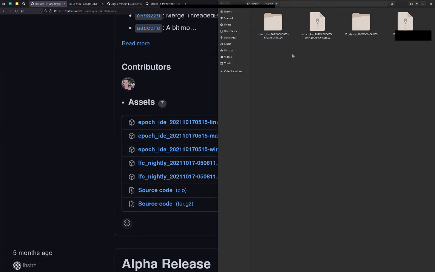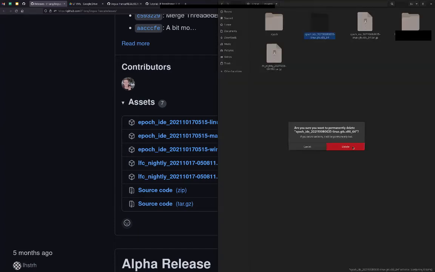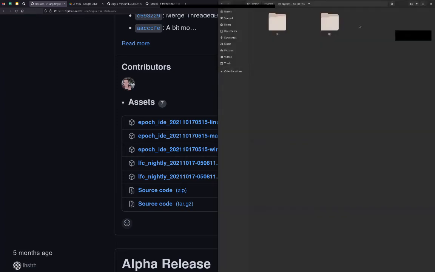The first one is Epoch IDE. The other one is LFC Nightly. What I'll do to simplify matters is to just copy this into the ESWeek directory that I created and just get rid of this redundant folder. And when it comes to this guy, I can just rename it. I will name it LFC.